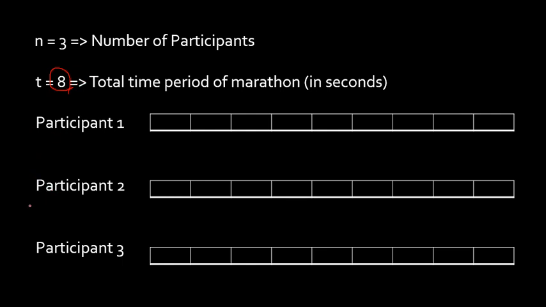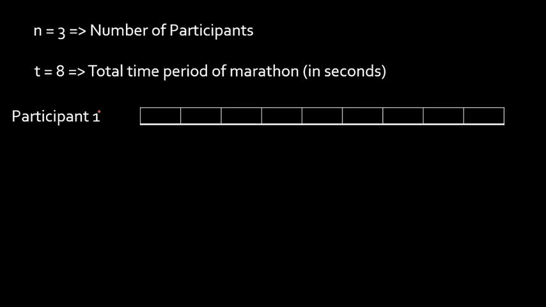Now, let me explain how this data is going to be. Consider any one participant. For example, I am going to consider the first participant. The first box, this is our first box. Look at this. How many boxes do we have? 9 boxes. If you remember in the question, they said we will be provided with t plus 1 data. If t is 8, we are provided with 9 data sets. Is that clear?